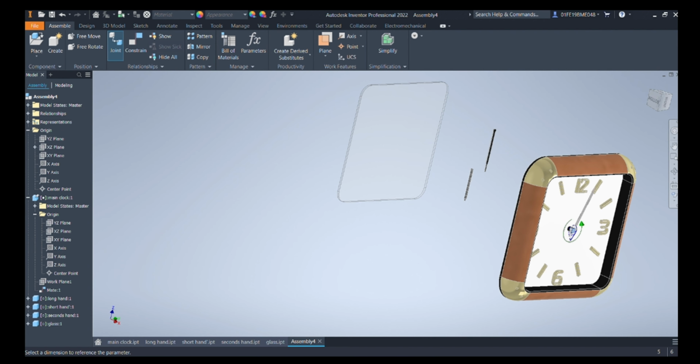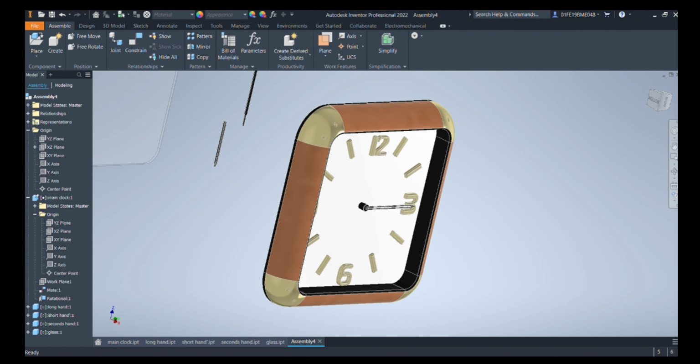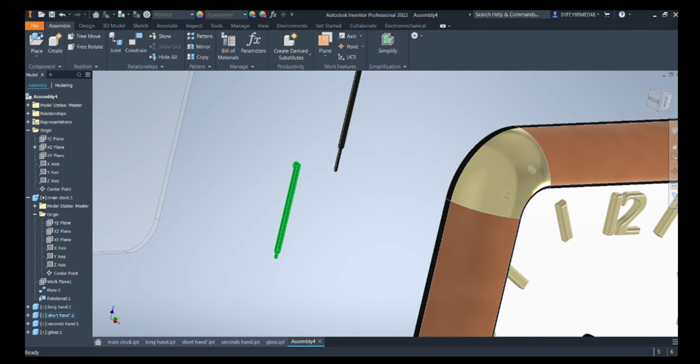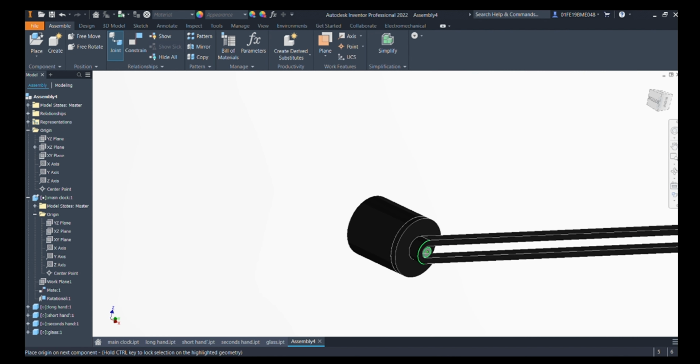Here we can see that our short hand rotates. Now doing the same with our, sorry, actually it was the long hand. Now we will be selecting the short hand.